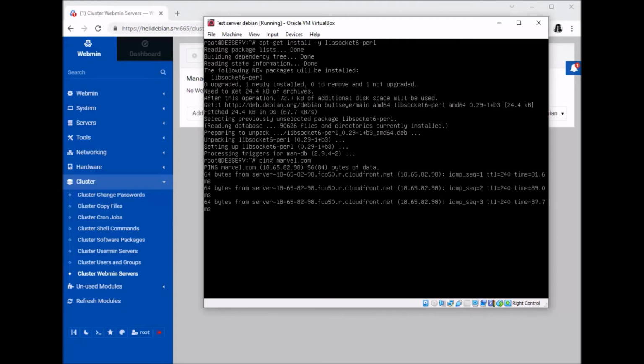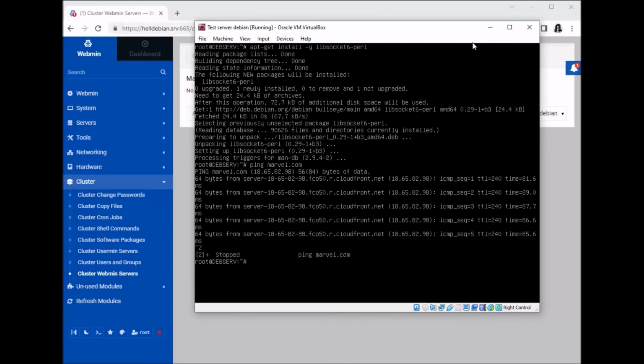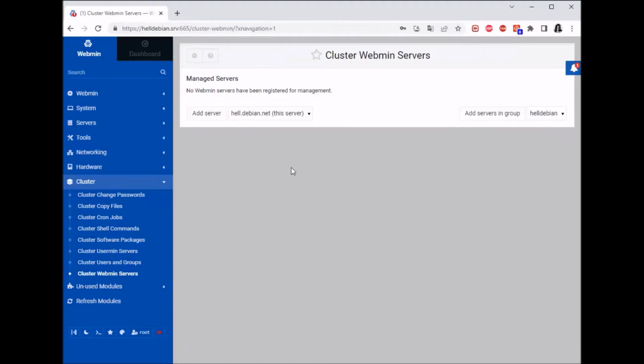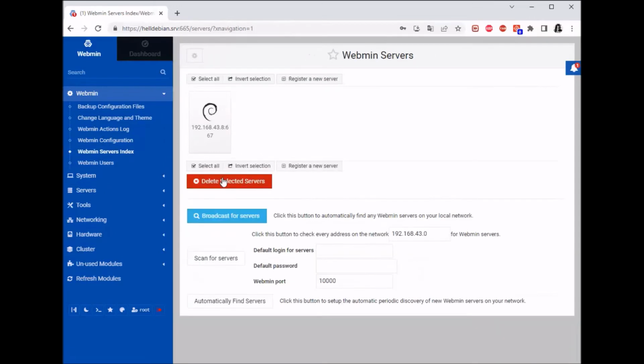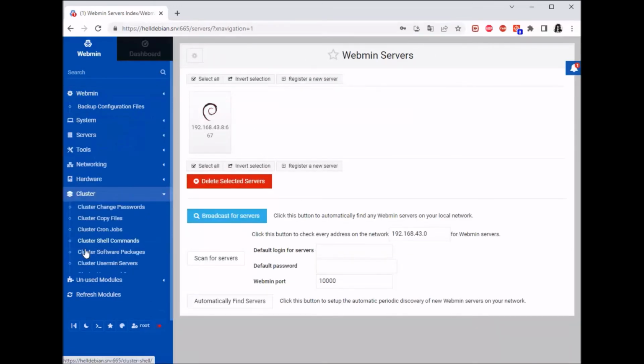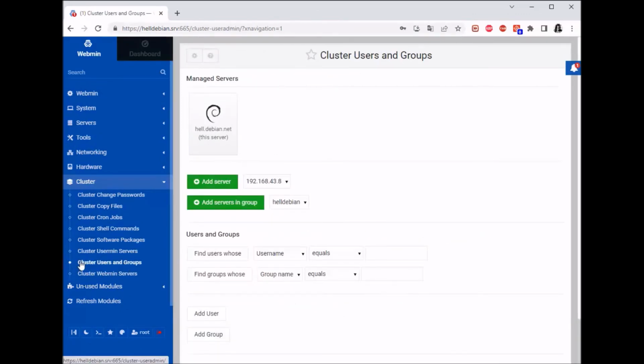Pings are going. So I guess this is not the problem here. Well, basically what this cluster is, because you can add here to the cluster all of your servers. So if I could just now add this second server, it would appear of course here, just like I showed you before in the index. So it would be something like this. You would have it here, and you have in the cluster different things like users and groups,